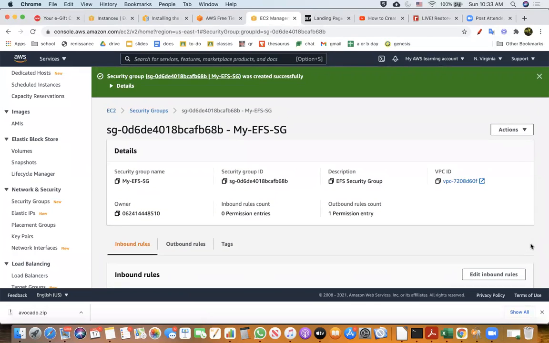So what is a security group? Like we saw yesterday in our web server creation example, a security group allows access to our servers. Right now, I have just created a blank security group without any inbound rules, so it's not going to have any effect. We need to complete one more step. I will follow the entire process so you can understand.